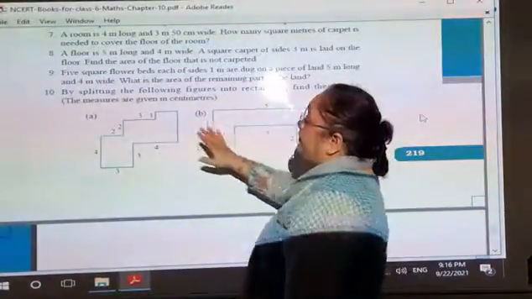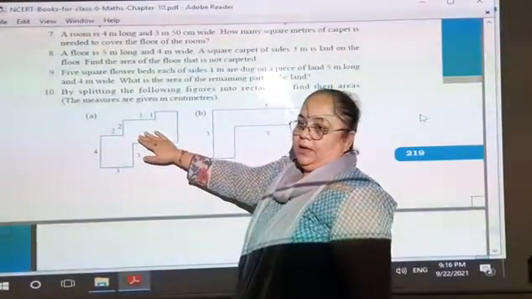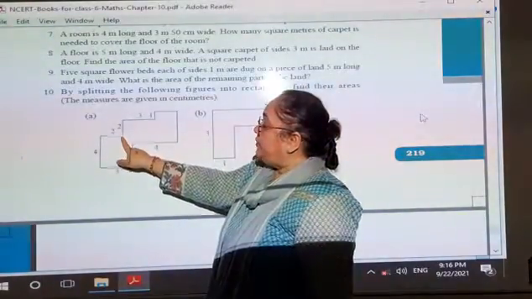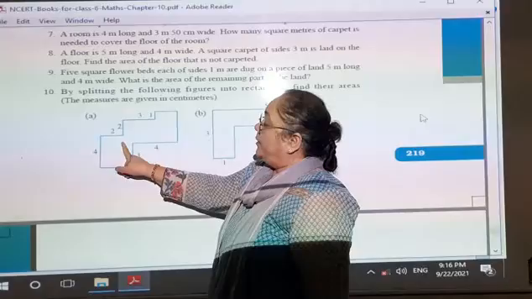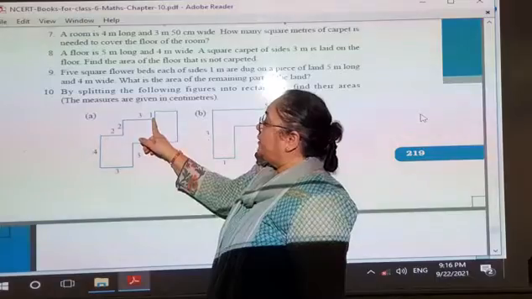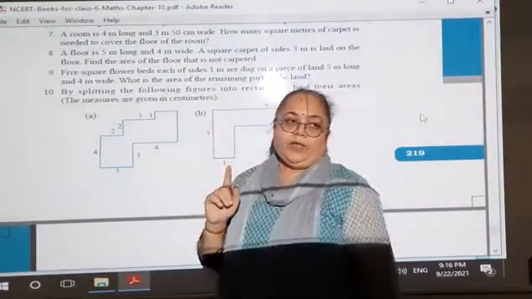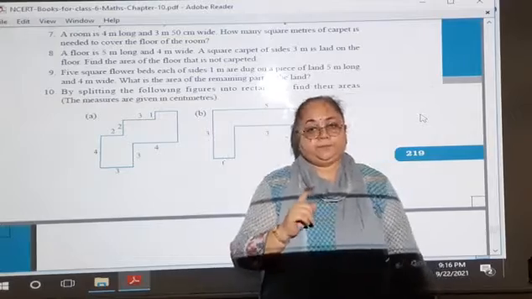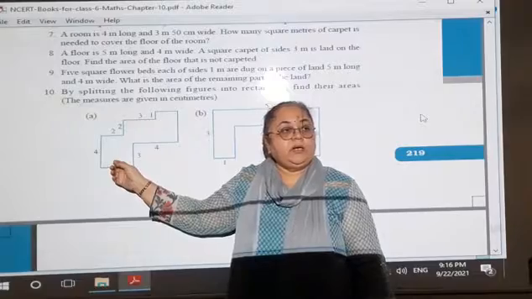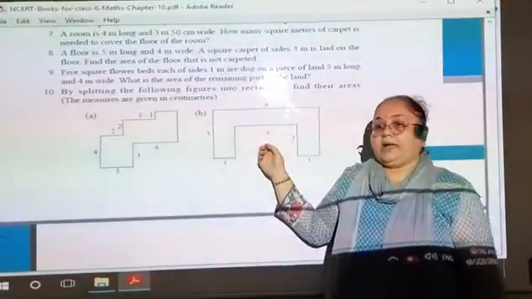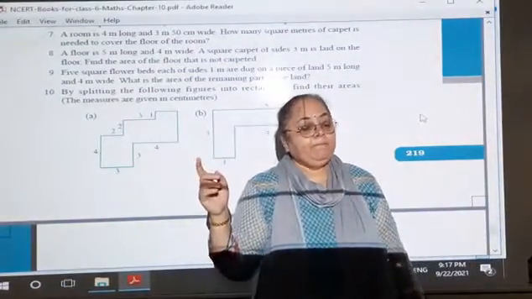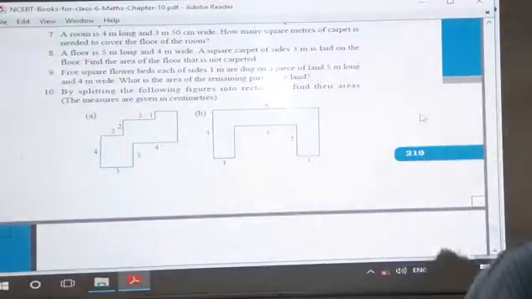I hope you have completed question number 10. I had explained it yesterday, but if it is last, you have to solve it by dividing this figure into 4 rectangles. One is this one, second one, third one and fourth one. Is this clear in your mind? Is it clear how to find the area of this figure? Okay, shall we move ahead? So let us move ahead with it.